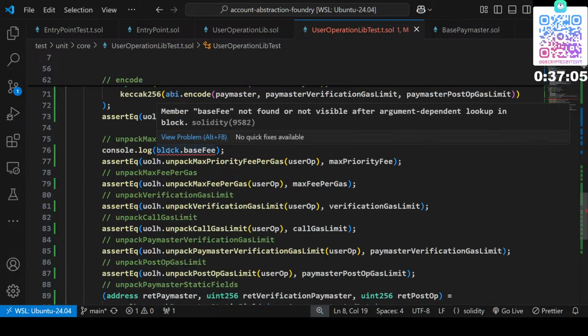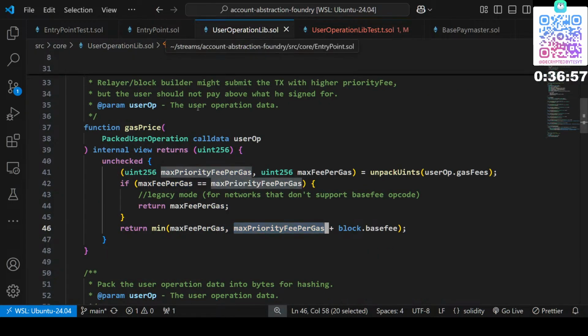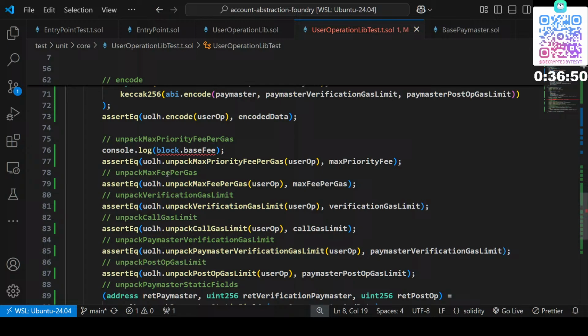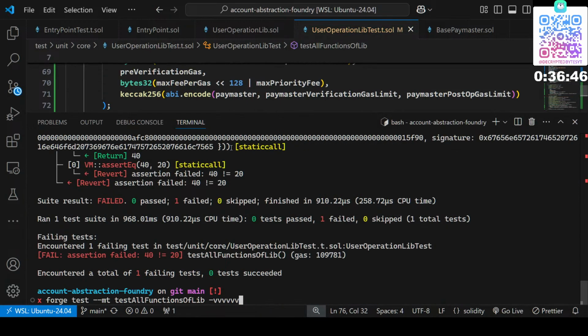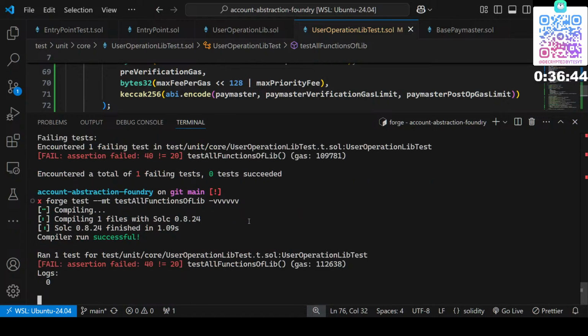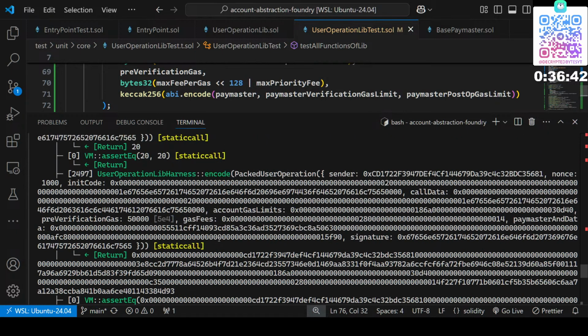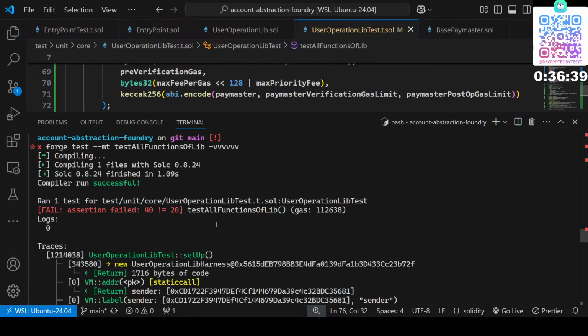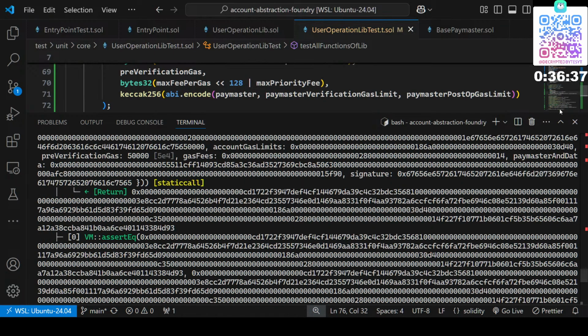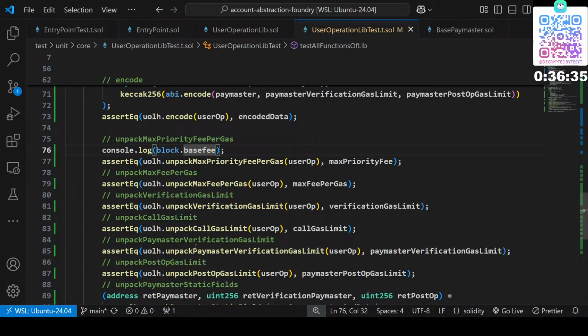Okay, this. Not capital F, small f. Is 0, right? So